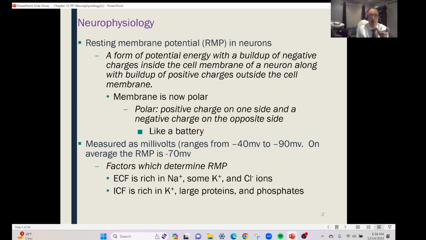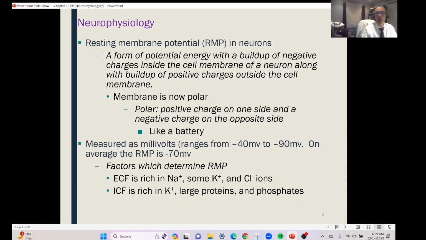That AA battery has a different strength than your car battery. We can measure the strength of a battery. In neurons, the strength can range from minus 40 millivolts all the way down to minus 90 millivolts. On average, we're going to say the average resting membrane potential, and I want you to know this number, is